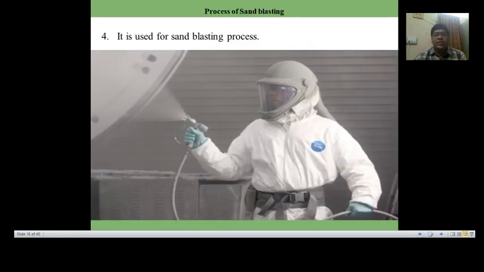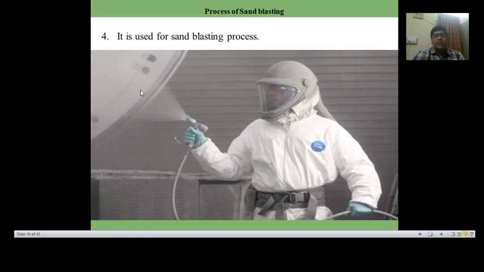It finds a lot of applications. It is used for the sand blasting process. Sand blasting is the blasting of sand with air pressure. The air is blown and simultaneously the sand is pushed forward. Sand particles are very hard in nature, so where they are projected to fall on a metal surface, the roughness will be reduced, or if it is glass, which is very soft in nature, it is converted into roughness. So either metallic materials are smoothened, or glass materials are roughened. Both applications are used for design and decoration of materials, metals and glasses.